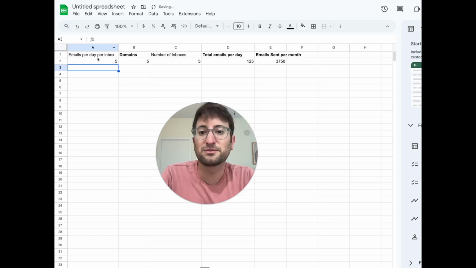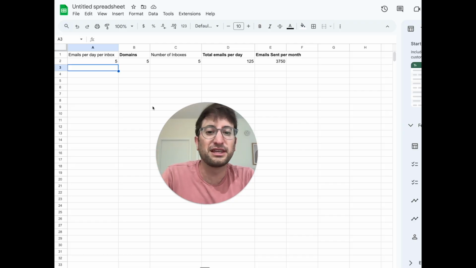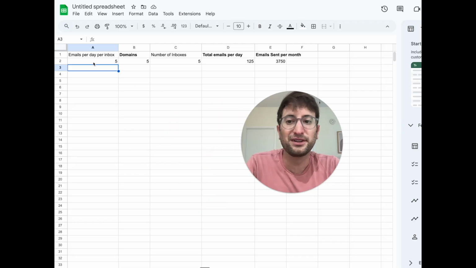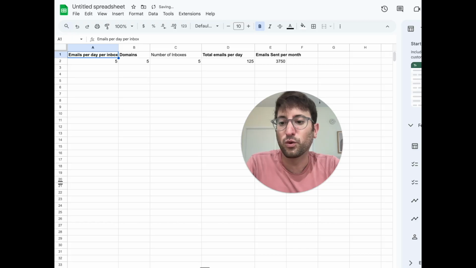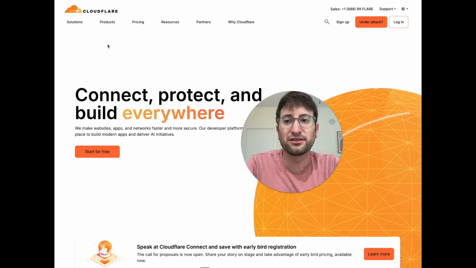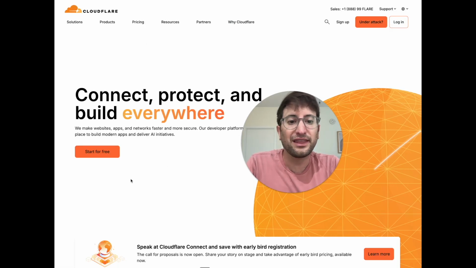And the less emails per day you send, the safer it's going to be, and the less likely that you are going to be marked as spam. And there's other things that you can do to help prevent that. But overall, this is kind of how the math works out. So that's why you want to go to Cloudflare, purchase your domains, and then we're going to go on to